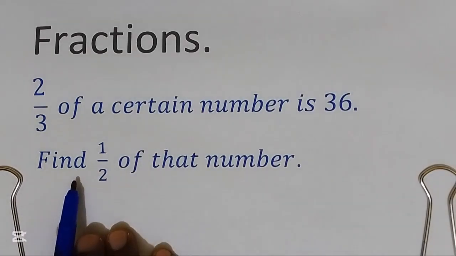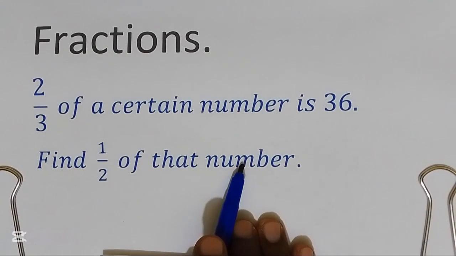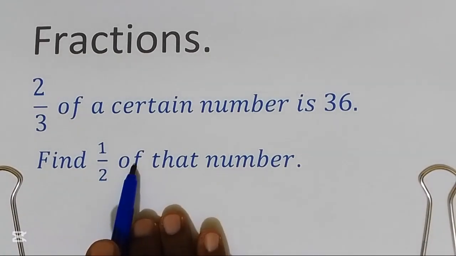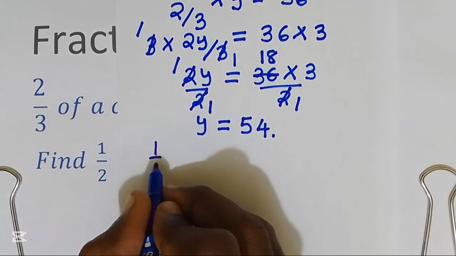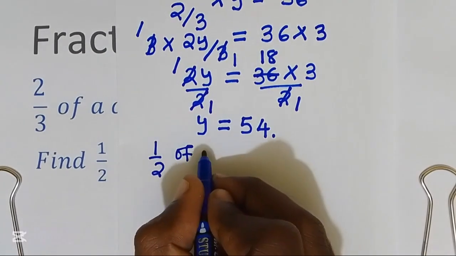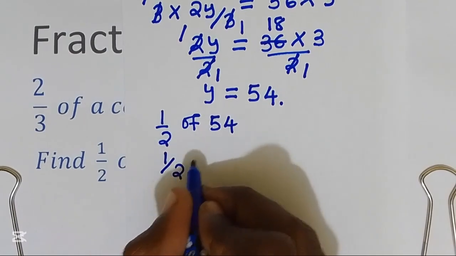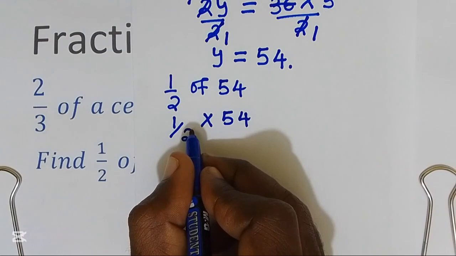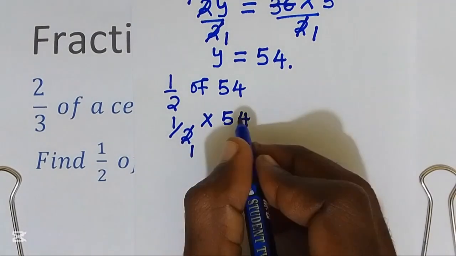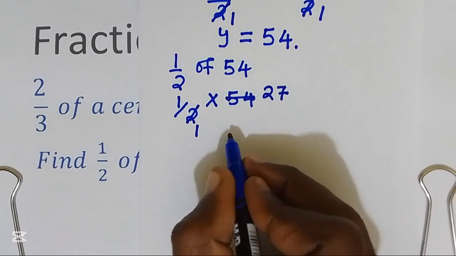Now, they are asking us to find a half of that number. That means a half of 54. We need to find a half of 54. That is 1 over 2 multiplied by 54. We can simplify here by 2, 1. By 2, we got 27. So a half of that number is